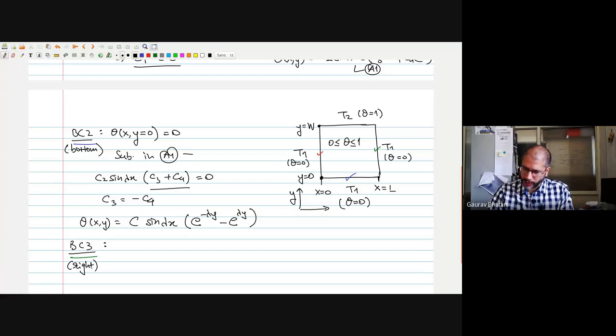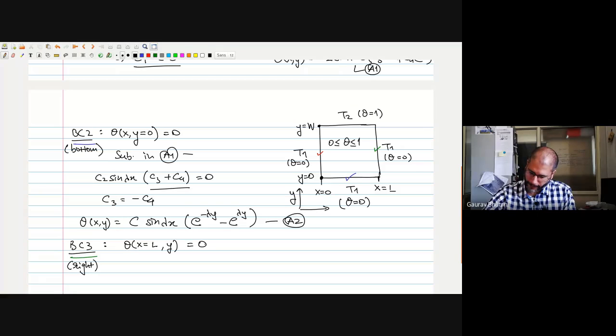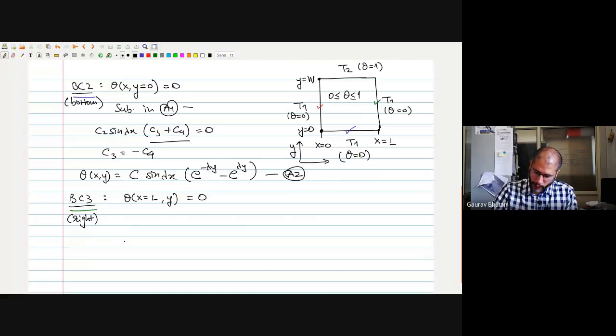So for this boundary condition, we will use the further updated expression, so I'll call it A2. This condition is theta at x equals L and any y is equal to 0. When I substitute my theta at x equals L in A2,